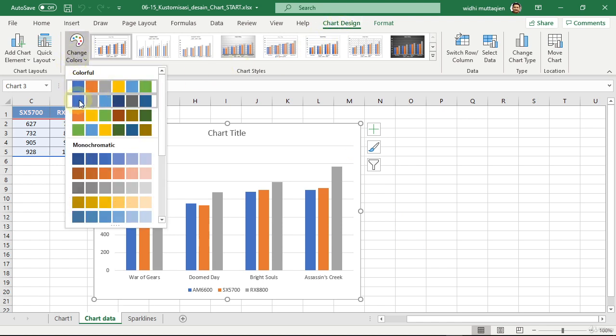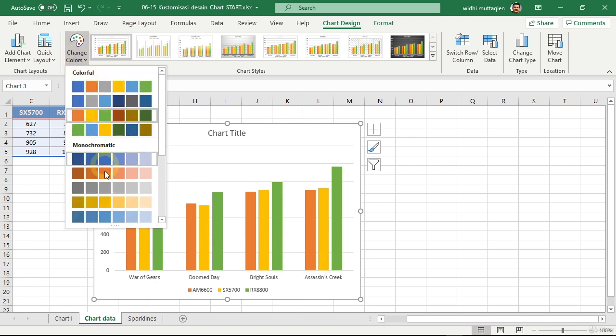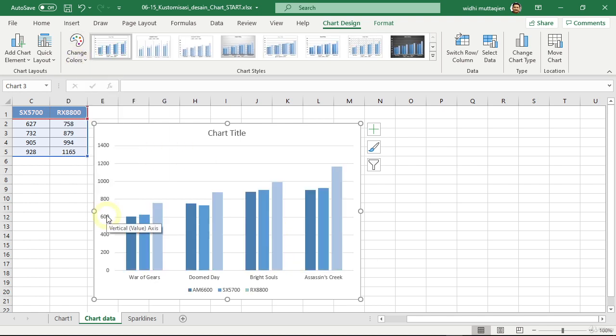Each of these color rows represents one color preset, and these color boxes represent the colors that will be applied to the data bars. If we choose the orange, yellow, green preset for example, now the data bars will be colored orange, yellow, green, and so on. If we choose this type of monochromatic blue, then the color of the data bars will be in blue color